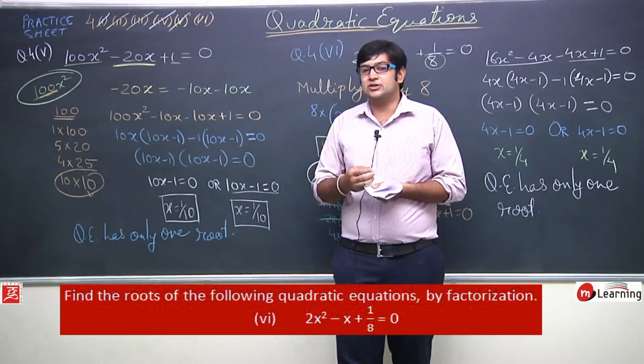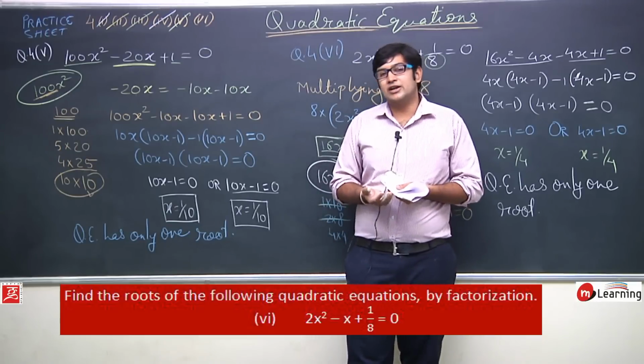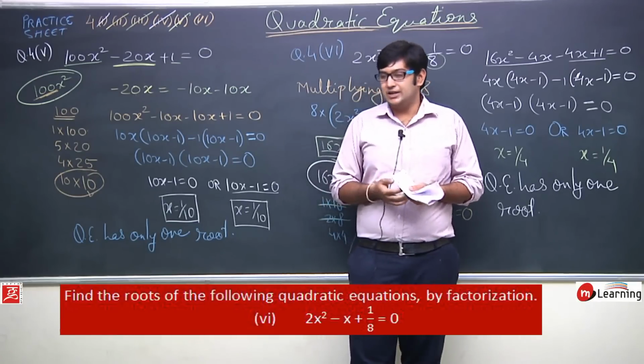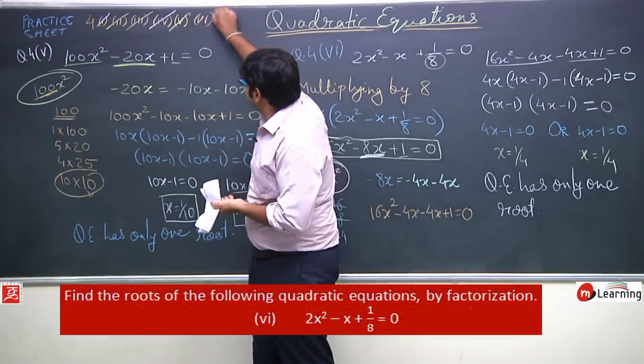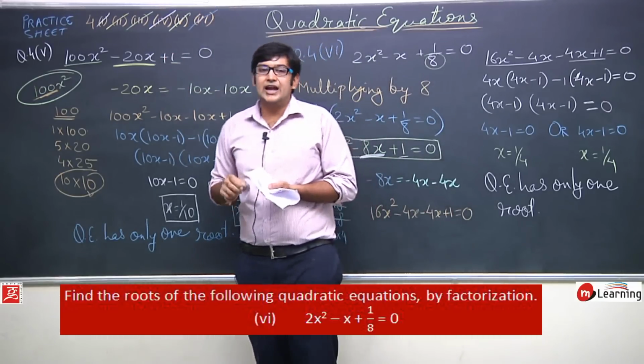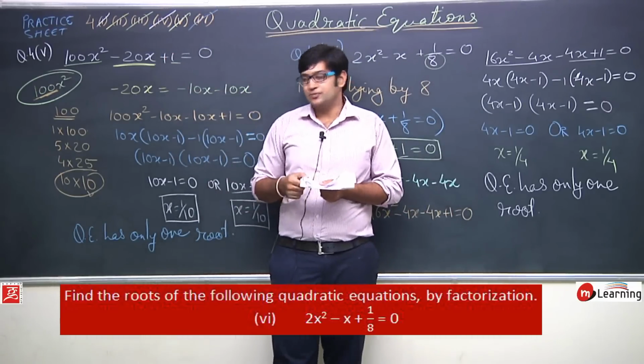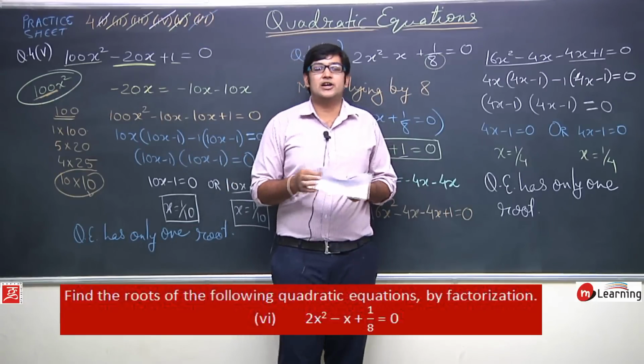हम different methods of solving a quadratic equation इस चीज पे डिस्कस करेंगे. यहाँ पर हमने क्वेश्चन नंबर 4 कंप्लीट कर लिया है. सो दिस इज द 6th पार्ट ऑफ क्वेश्चन नंबर 4 एंड वी हैव कंप्लीटेड दिस क्वेश्चन नंबर 4. सो फर्स्ट इसे नोट कर लीजिए, देन वी विल कंटिन्यू अवर डिस्कशन.